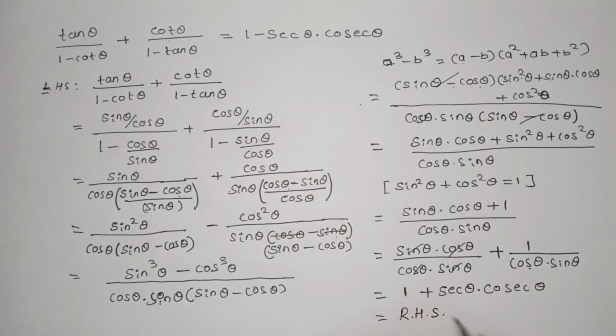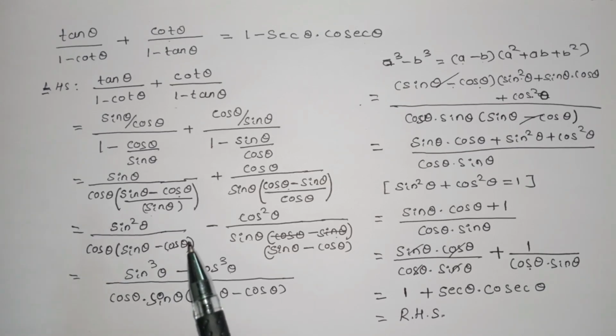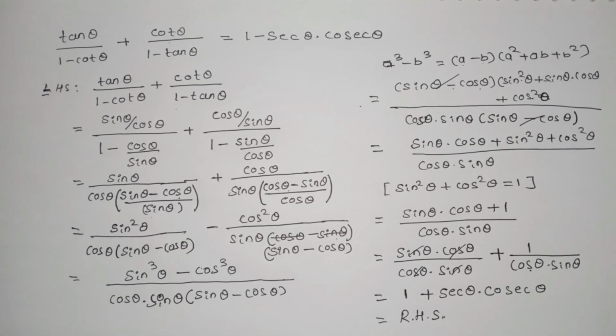So like this we can obtain the RHS. So whenever there is a prove that or show that type of question asked for 3 marks, first we have to observe what result we have to obtain. So according to that we have to apply either identities, reciprocals, or their standard results. So like this we can come up with the result. So this is one problem we have solved like this.